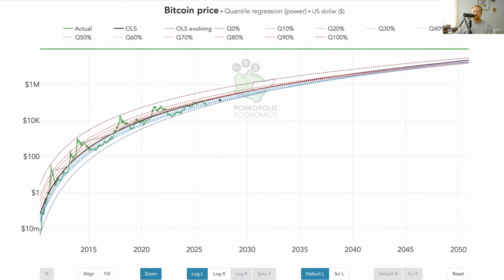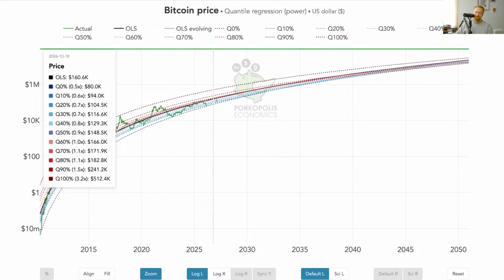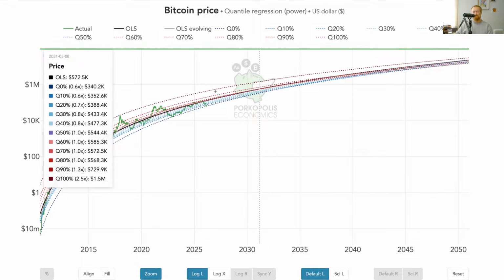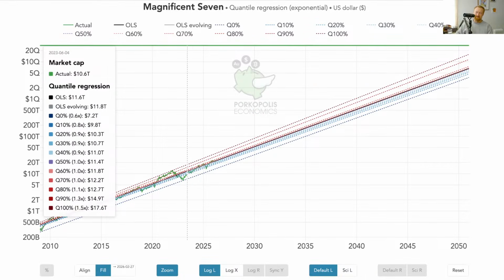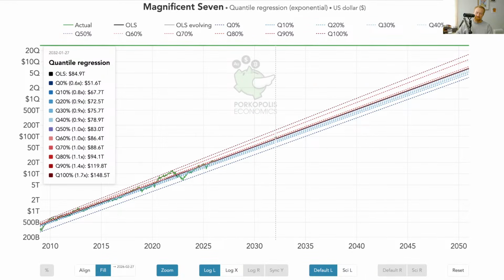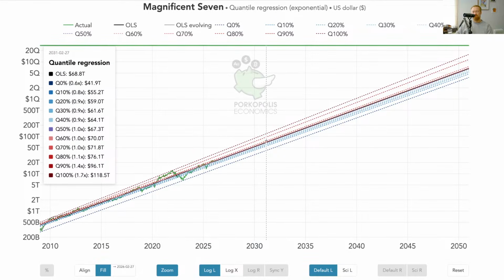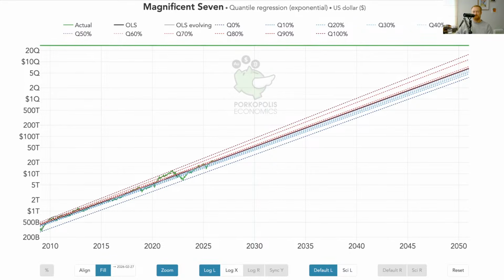I don't want to repeat myself too much, but I think this is a good way to look at the difference between Bitcoin and stocks. Right? These rainbow bands get closer to 1 with Bitcoin. They can even get further away from 1 with exponential. Even the best stocks get more volatile. That's the difference between a power curve and an exponential curve.